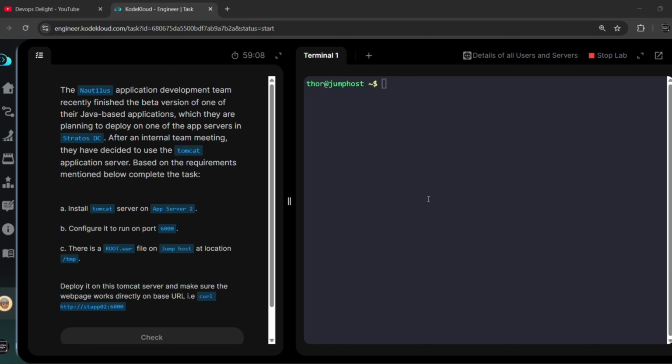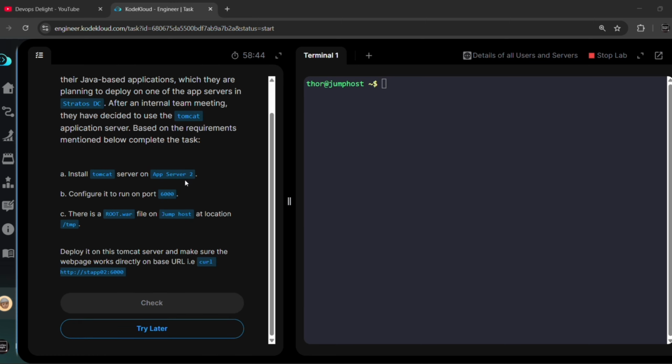First, let me read the task, then we will look into the solution. The Nautilus application development team recently finished the beta version of one of their Java-based applications, which they are planning to deploy on one of the app servers in Stratos DC. After an internal team meeting, they have decided to use Tomcat application server. Based on the requirements mentioned below, complete the task. Install Tomcat server on app server 2. Configure it to run on port 6000. There is a root.war file on the jump host at location /tmp. Deploy it on this Tomcat server and make sure the web page works directly on the base URL, that is